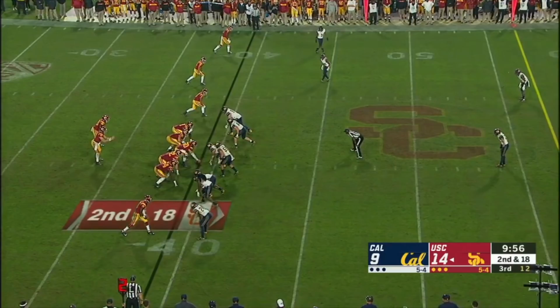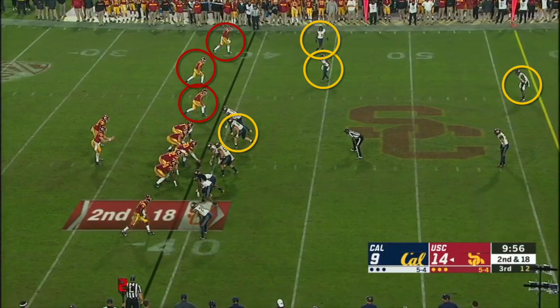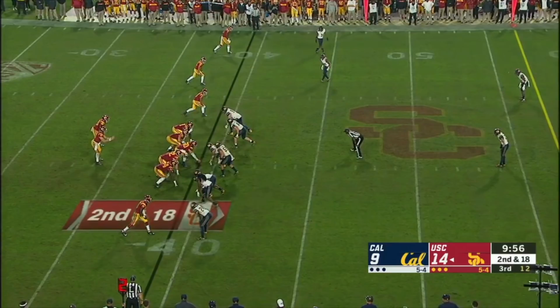At the start of this play, we see that USC is again in a trips alignment, and it looks like Cal is again playing 4-on-3, with Hicks manned up on his receiver and a 3-on-2 triangle over the 2 inside receivers. This would mean that once again, Beck's playing with outside leverage in order to force everything deep and inside to the safety. As we roll the play forward, however, let's take our focus off of Beck for a minute